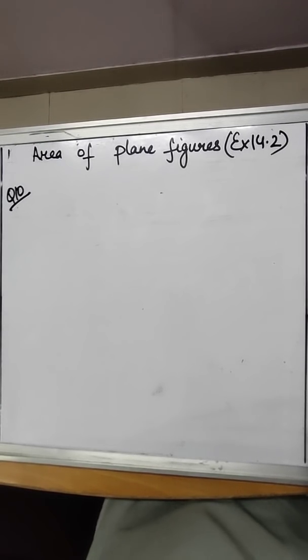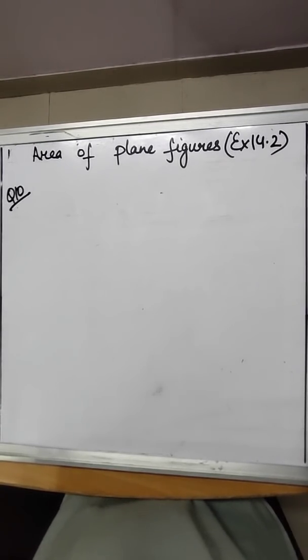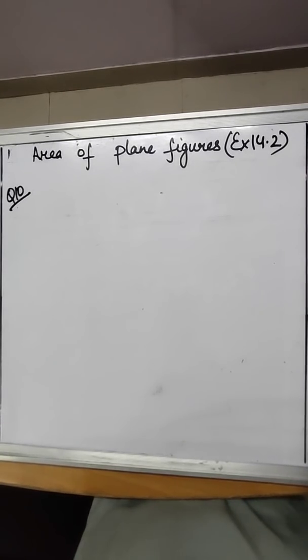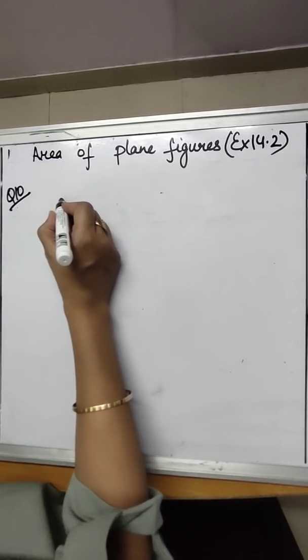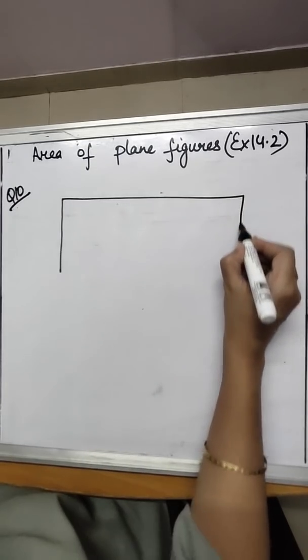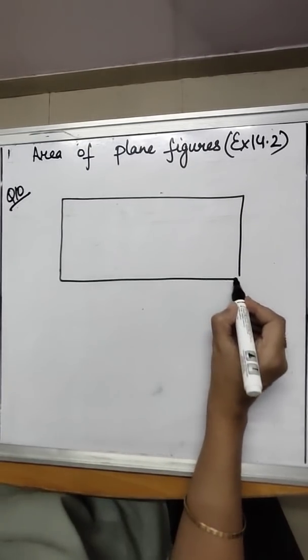How many tiles whose length and breadth are 12 centimeter and 5 centimeter respectively will be needed to cover a rectangular region whose length and breadth are respectively? It has two parts. Part 1 says 70 centimeter and 36 centimeter, and part 2 says 144 centimeter and 1 meter. So now what they are saying is that they have a rectangular region. Now let's understand this question first. They're saying that there is a rectangular region whose length and breadth is mentioned.